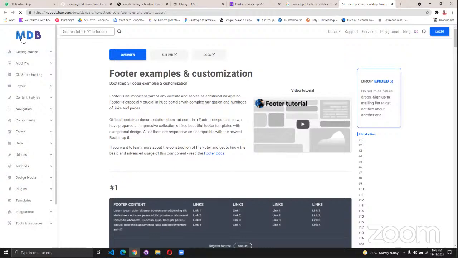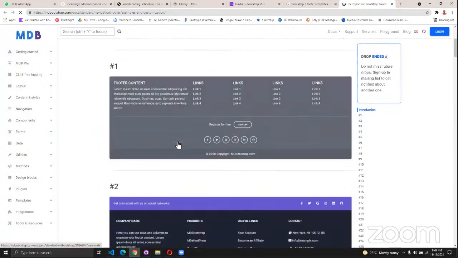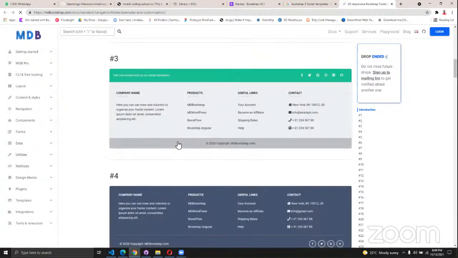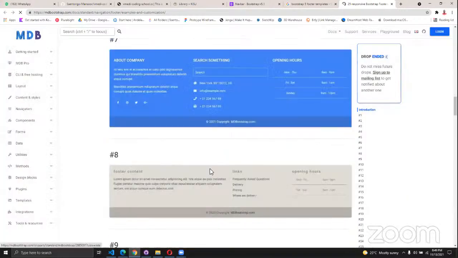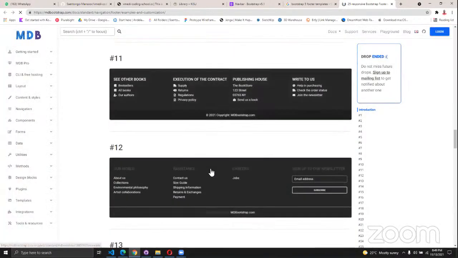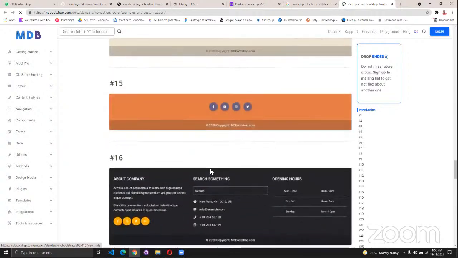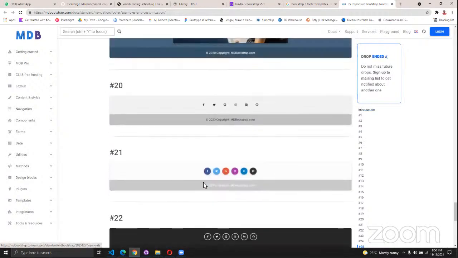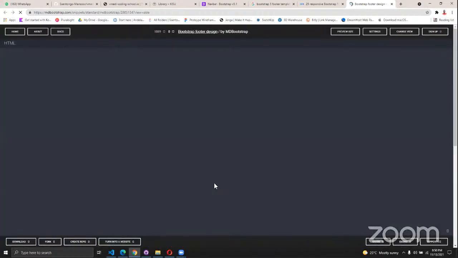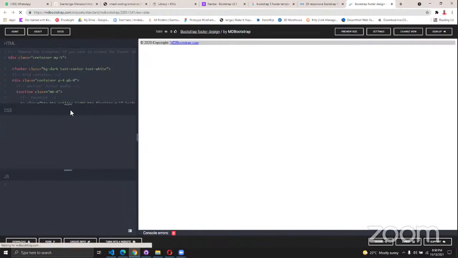So there are different websites now. There's this MDB. You can see that they have some nice templates for footers. You can select one and then go with that. Maybe, okay, which one? Let me see. Maybe I just want this. So they load it. It's good. The code is going to load here,